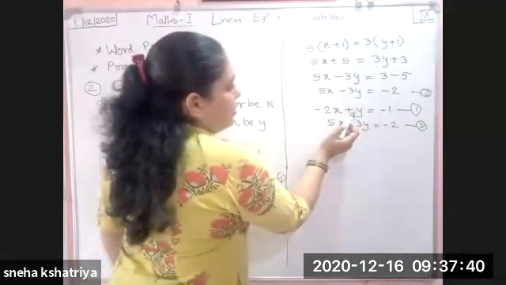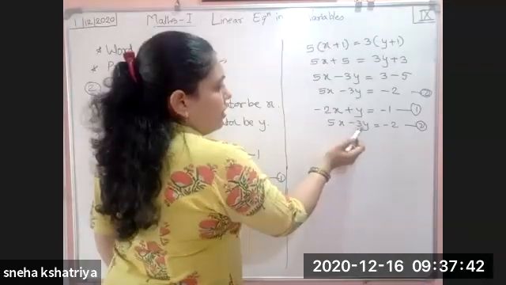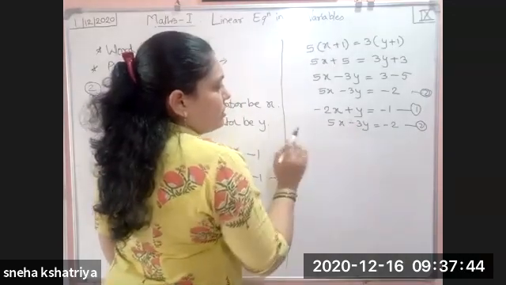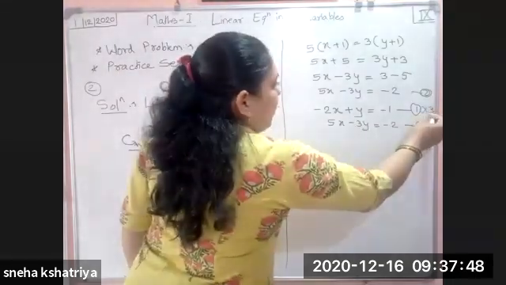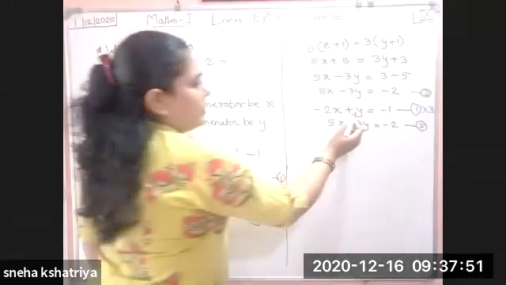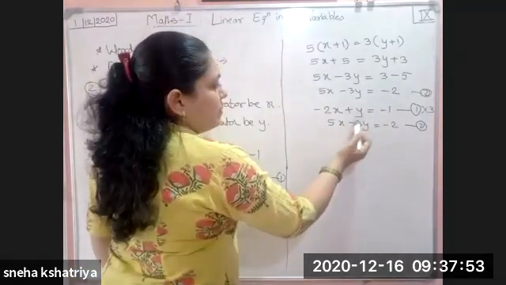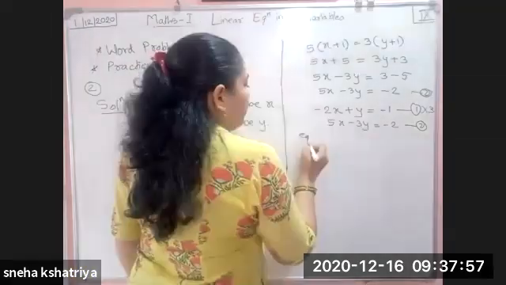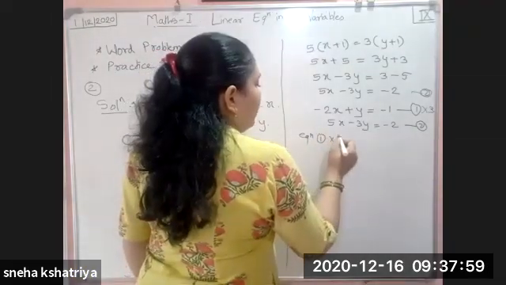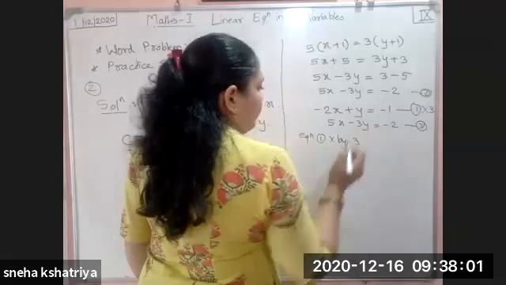See here. This is single term y. Here is 3y. Also opposite sign is there. So if we multiply equation 1 by 3, then here 3y will come, and plus and minus 3y will get cancelled. Okay, so it will become easy. Equation 1 multiply by 3.